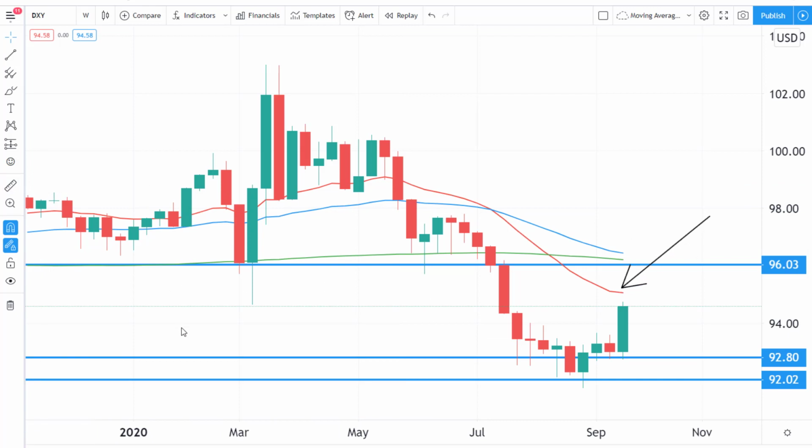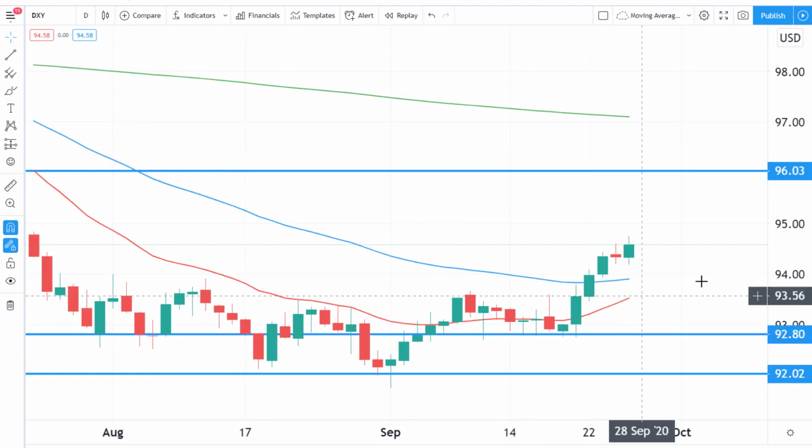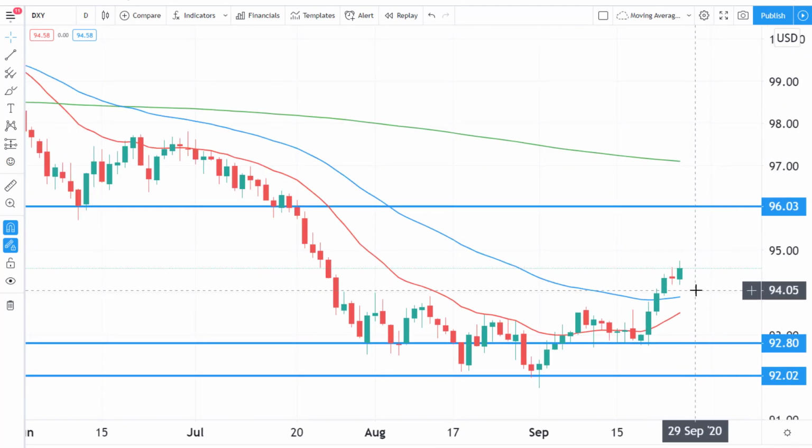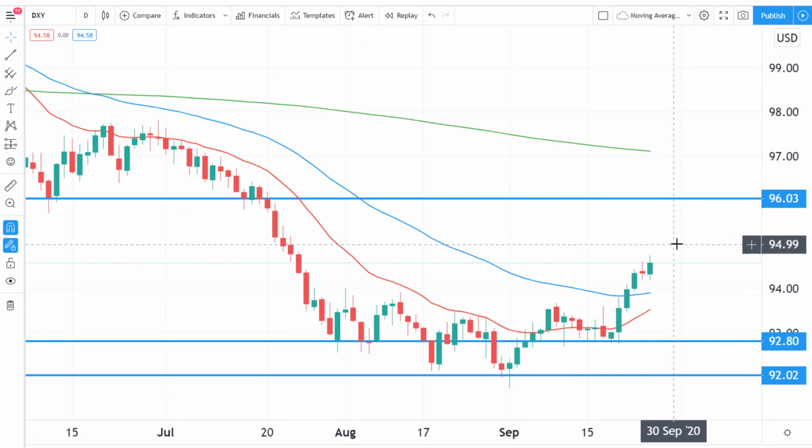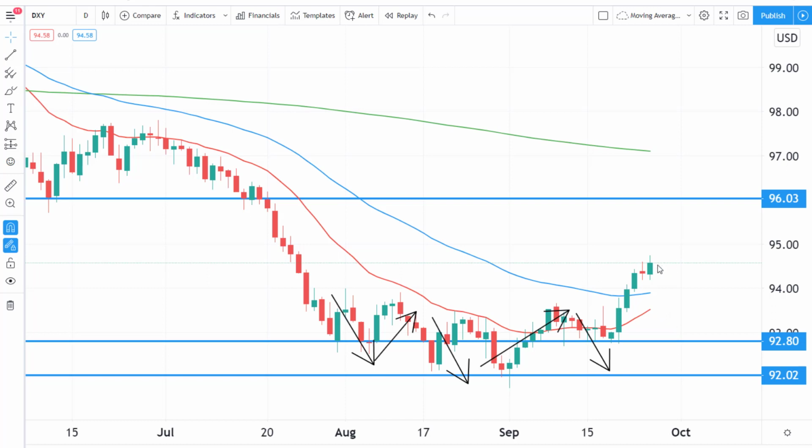One, the 20 exponential moving average, and some previous, of course, support over here. But then if it got to the 96, we'd have a 200 simple moving average, the green line, and we'd have a 50 exponential moving average being the blue line, all acting as dynamic resistance, as well as previous support during the drop acting as resistance as well. So it's clear to think that the dollar index may have a little bit more strength in it for now, but that doesn't mean that it won't have a pullback before it finds further strength into the 95 or 96 zone. Now that we've moved past this market structure, really what it says is that the market will usually pull back after an aggressive move like this and will pull back to some form of moving average.